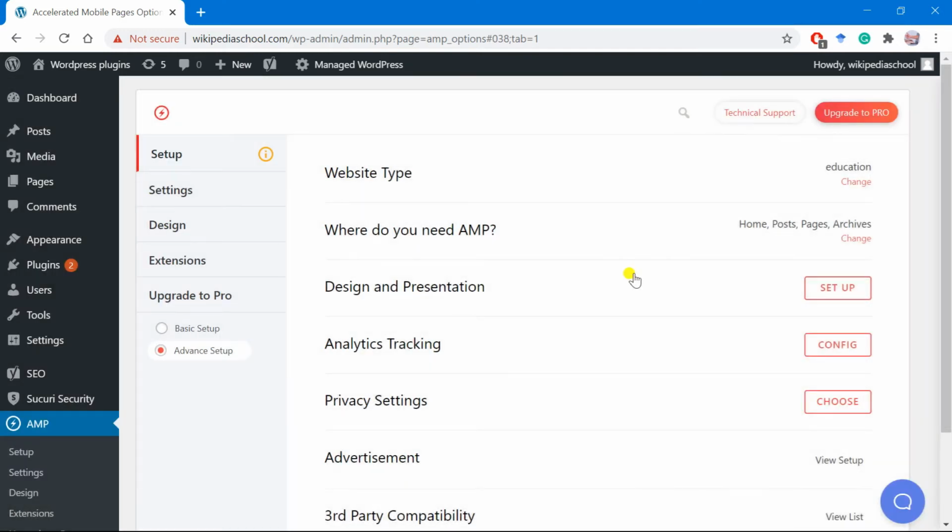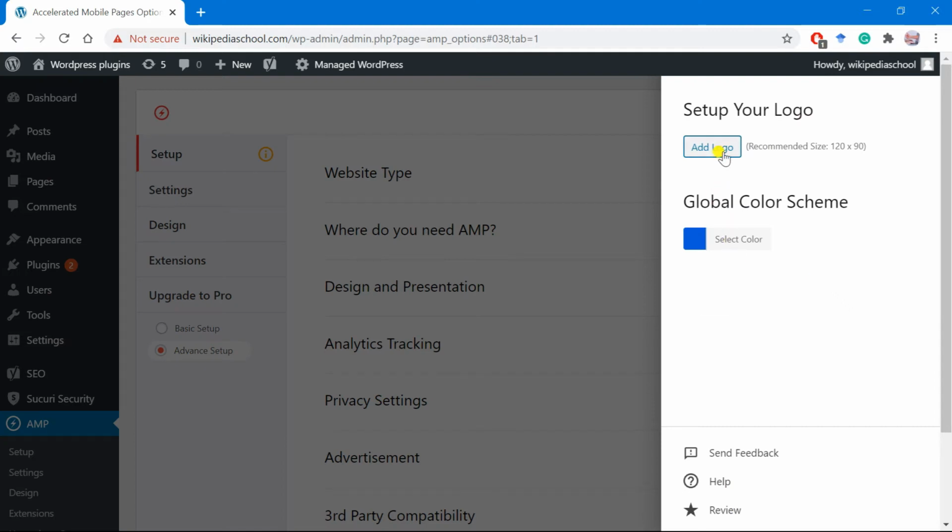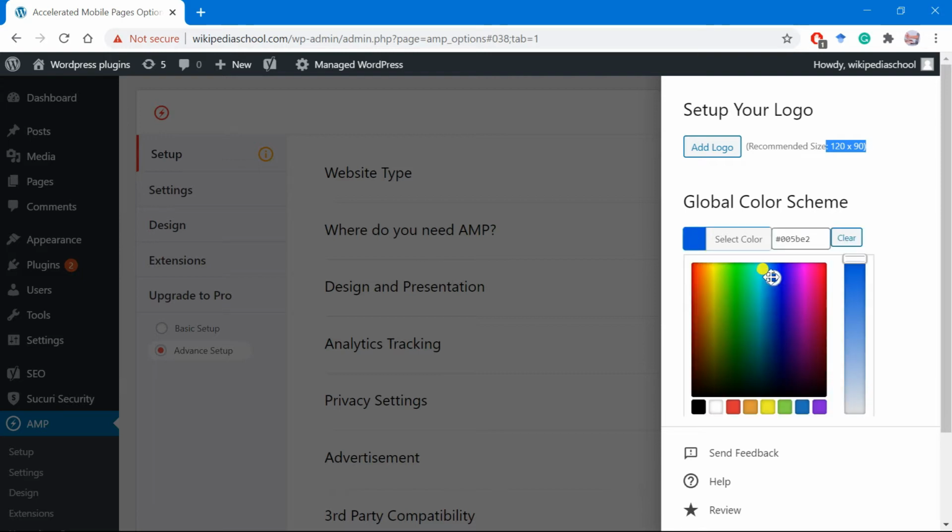Then comes the next option, design and presentation. If you want to add the logo of your website, it should be 120 by 90 pixels. This is the recommended size, but you can also skip this option because in AMP you better avoid adding images, as these will affect the website loading time. You can also change the color, whichever color according to your theme you can select.